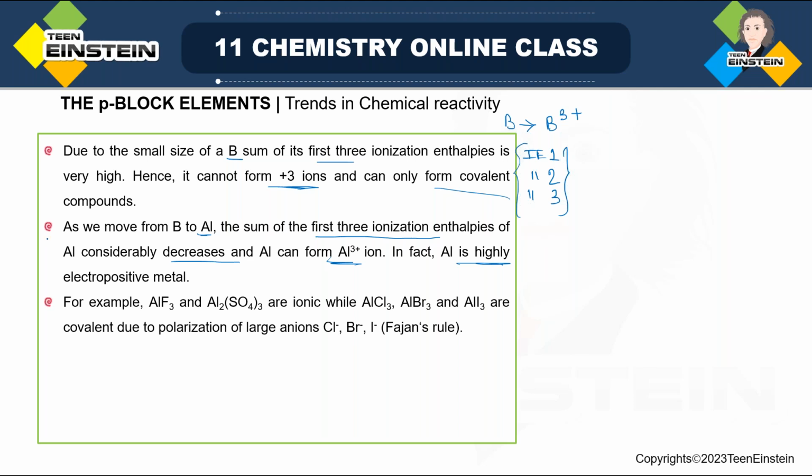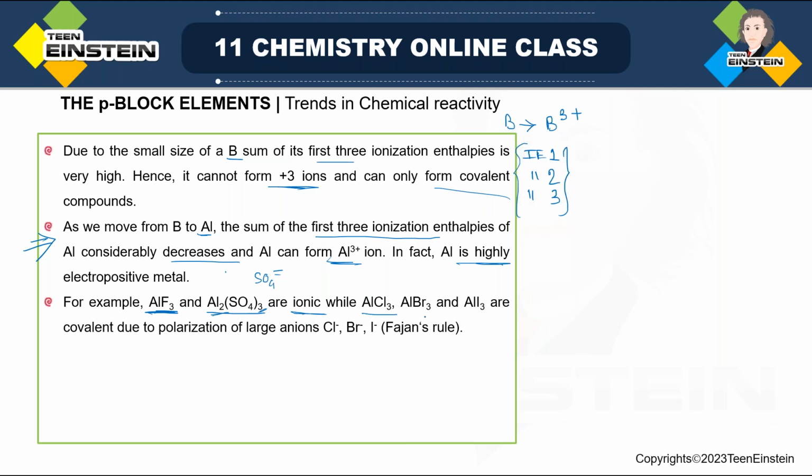So that was the example of the second statement. Now we will get to the third statement, as it can form Al3+. So this AlF3 compound or Al2(SO4)3. Sulfate ion means 2 negative charge, 3 means total negative charge minus 6, and 2 aluminium means total positive charge plus 6. Fine. So Al2(SO4)3, aluminium sulfate, or aluminium fluoride, they are ionic in nature because +3 ion formation is